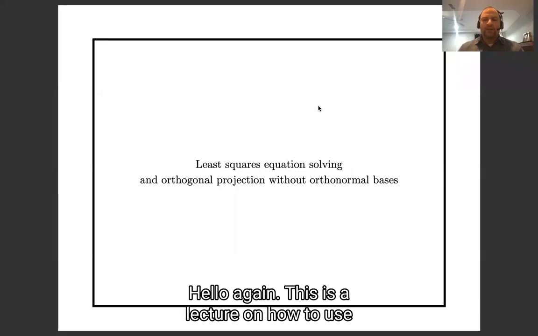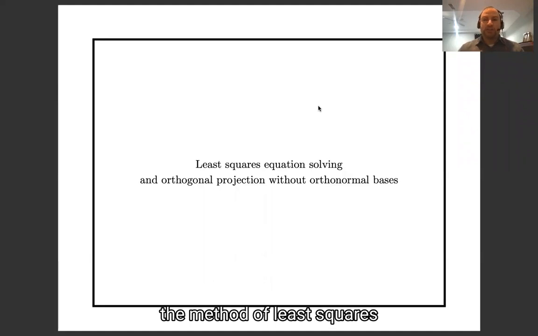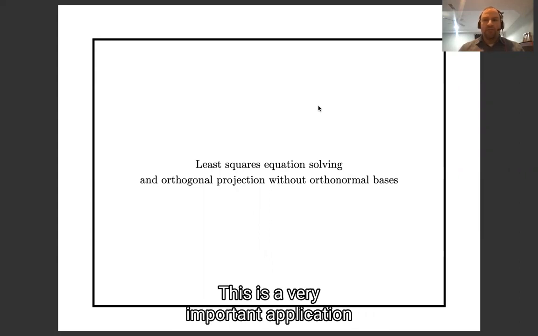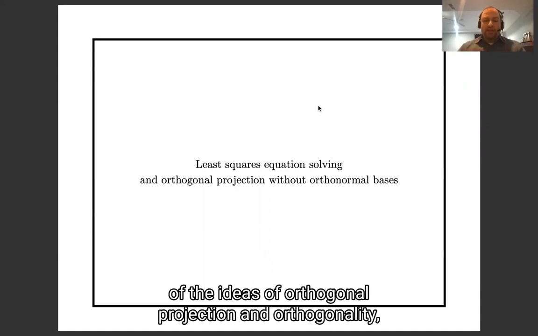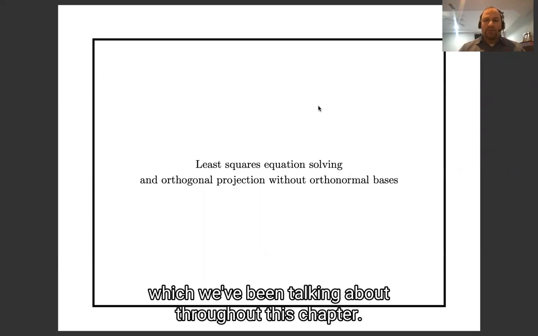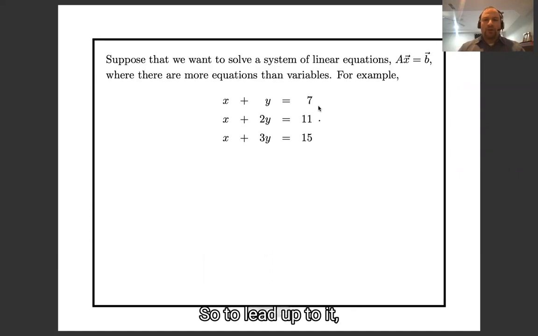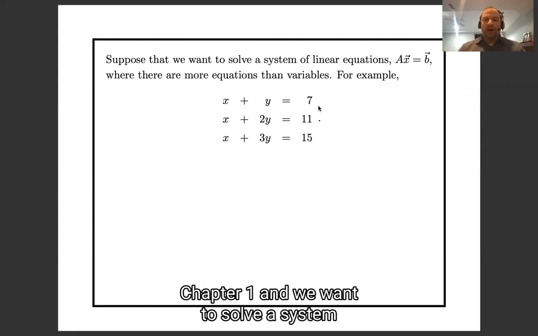Hello again. This is a lecture on how to use the method of least squares when solving linear equations. This is a really important application of the ideas of orthogonal projection and orthogonality, which we've been talking about throughout this chapter. So to lead up to it, let's suppose that we are back in chapter 1 and we want to solve